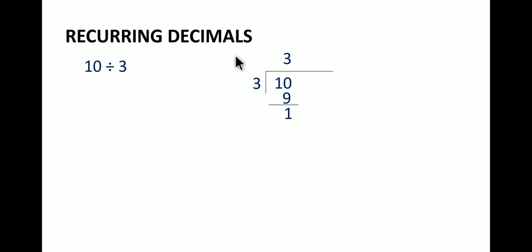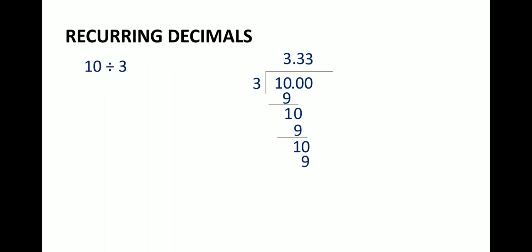Now if it is only 10, this means that if you put a decimal over here, then this whole number 10 can be written in the form of decimal like 10.000, like this. Okay, now you shift the decimal from here to the quotient side, then comes down 0. Now again the dividend becomes 10, and 3 times 3 gives 9. Again if you subtract you will get 1, and again comes 0,